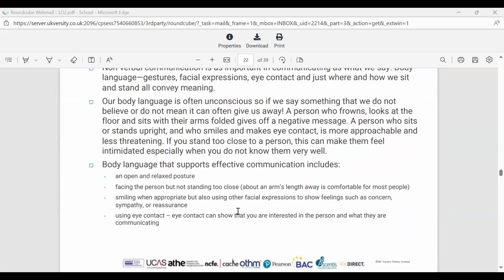But I had to make sure the person doesn't feel she's the one making me tired. So I had to be friendly and all that. Body language is really important because sometimes being too close to someone, or smiling, can show feelings of concern, using eye contact. People take it differently and different cultures take it differently. Some people feel defensive, some people feel nervous, sometimes when your face portrays happiness or sadness or anger.